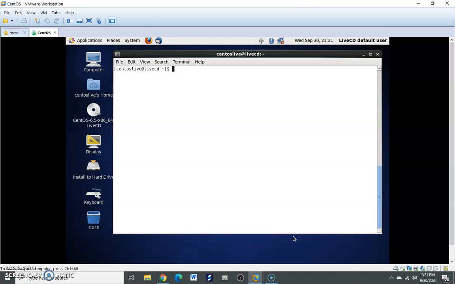Now here we can use different commands to display the services running in the operating system. Out of that, the chkconfig command is used.